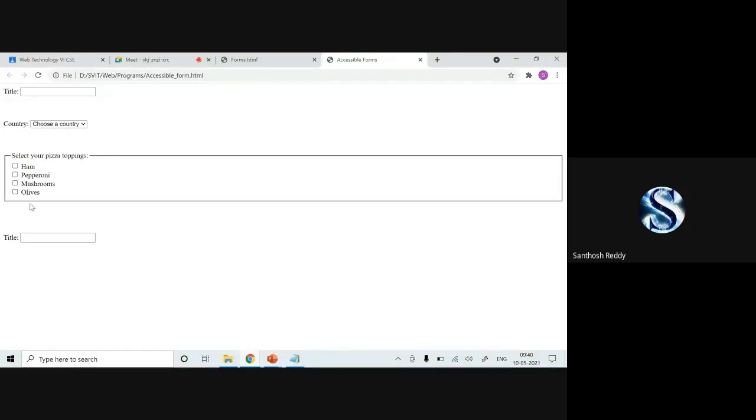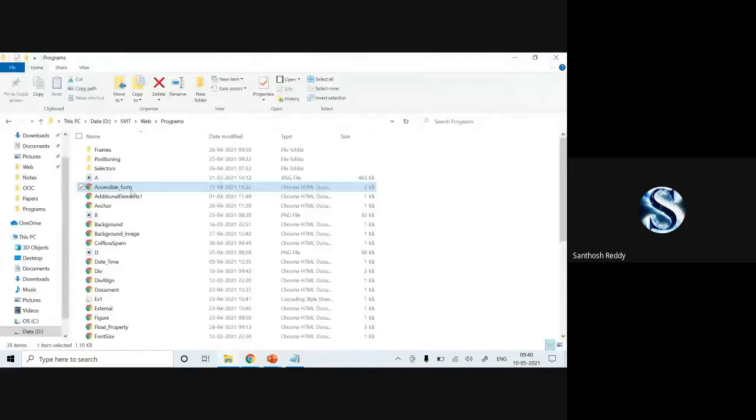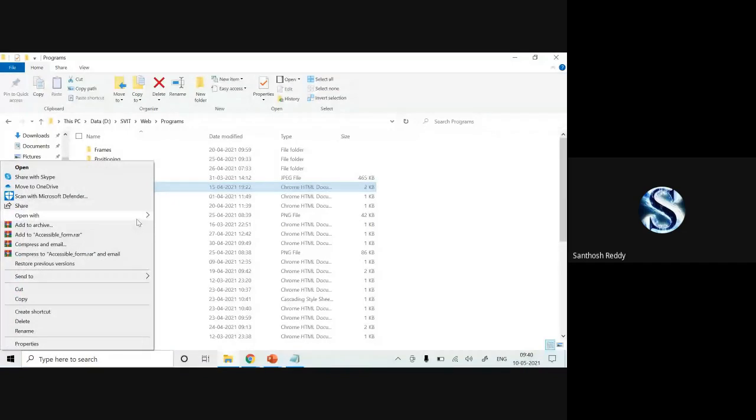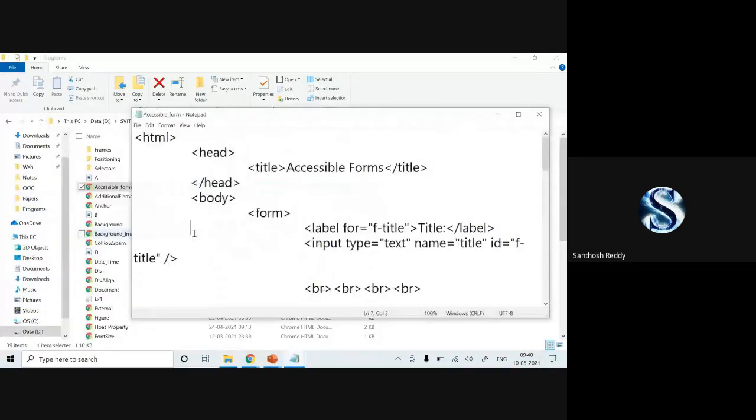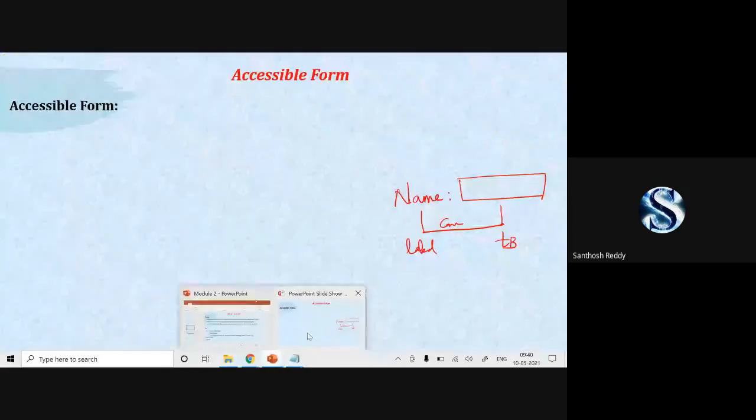Okay. The same thing here. When I click on the title, it is not accessible. And this is a general form, and when I click on this, these are the accessible form. When I click on the text box or when I click on the title, this has to get activated. Okay, how is it going to get activated in this sense? Can anyone have an idea how it is going to become accessible?